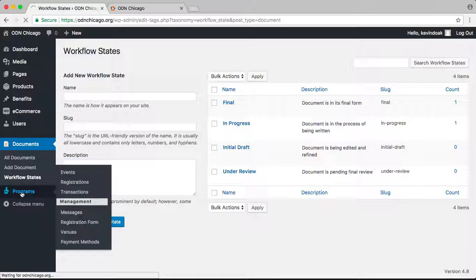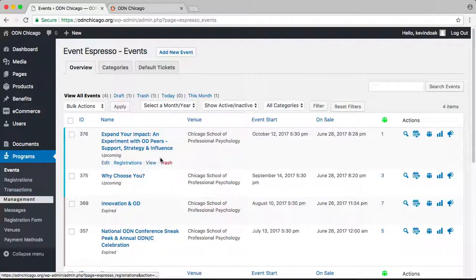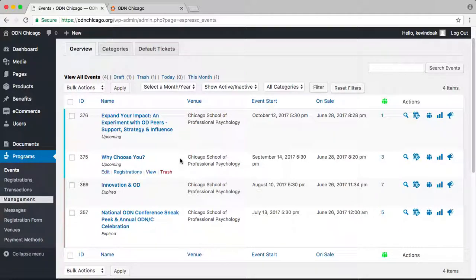Last on the list is programs. So under the programs, you're going to see a few of the events programs that you've already had, as well as some upcoming ones. While looking at any one of these programs, we're able to view registrations for these programs. So for example, let's look at one of these old ones. We're going to click registrations,